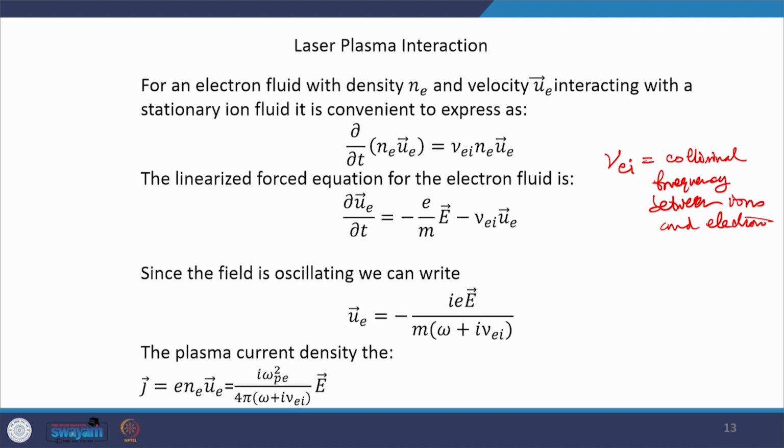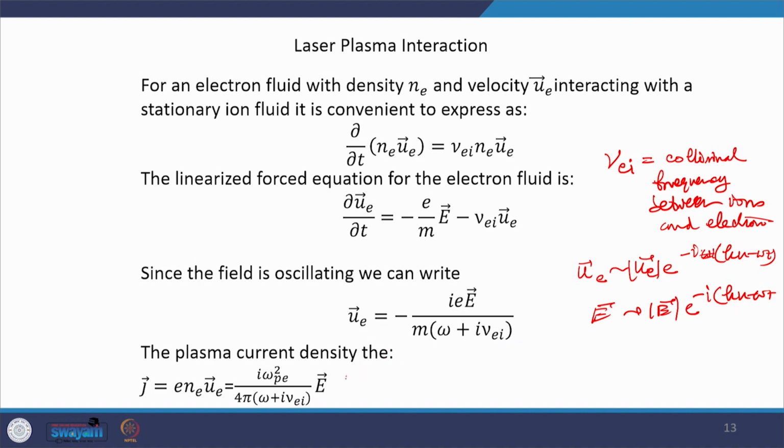So, if you substitute the u as e to the power i(kx minus omega t), similarly, if you substitute the E as well, you can substitute this in the above equation, and you can find these relations, and finally, the plasma